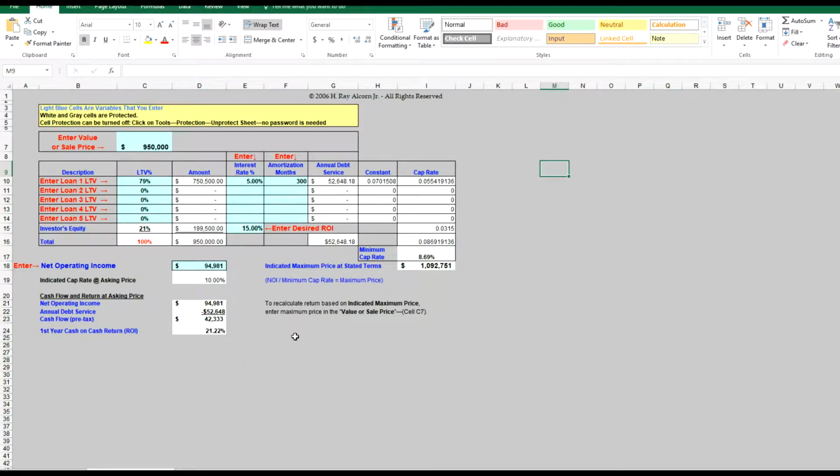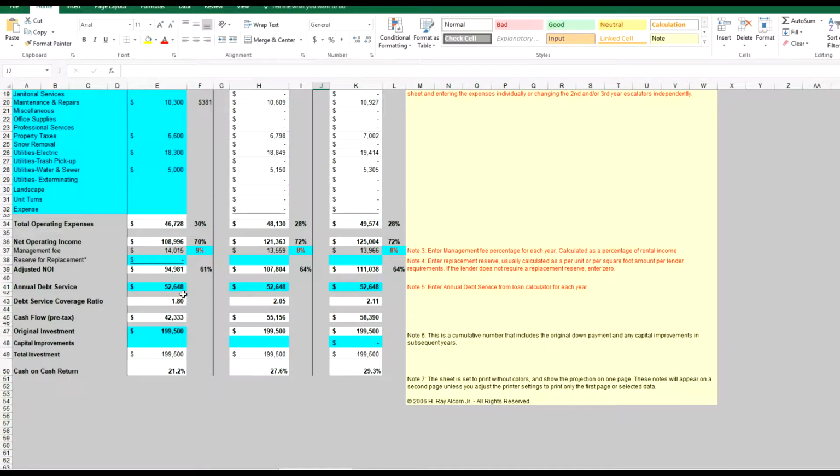spreadsheet. First of all, this is generally where we start, and we start entering numbers in like the sale price, and then we can play with these, our loan-to-value amounts, and they will calculate. And so it is 199.5 was our initial, ended up 21% down. And so with the net operating income, which is what we got from over here of